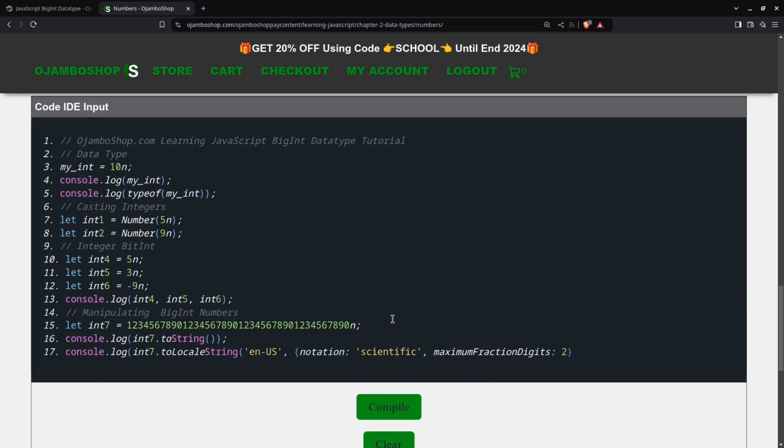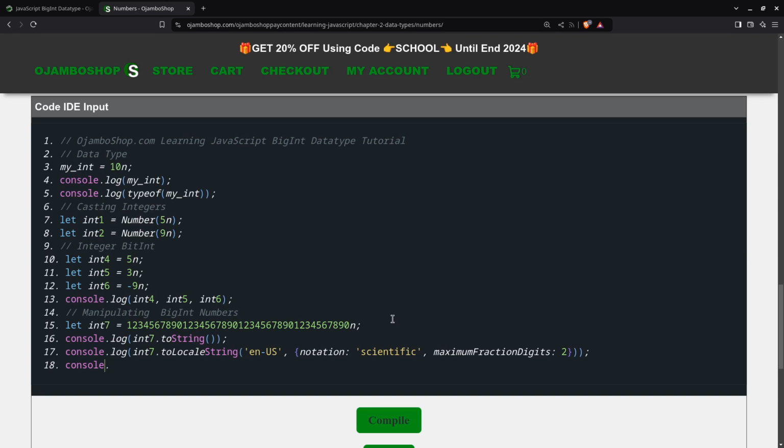Okay. Close off that and close off that. So that's my explanation. And I want to get the int7 dot value of, I'll use 2,